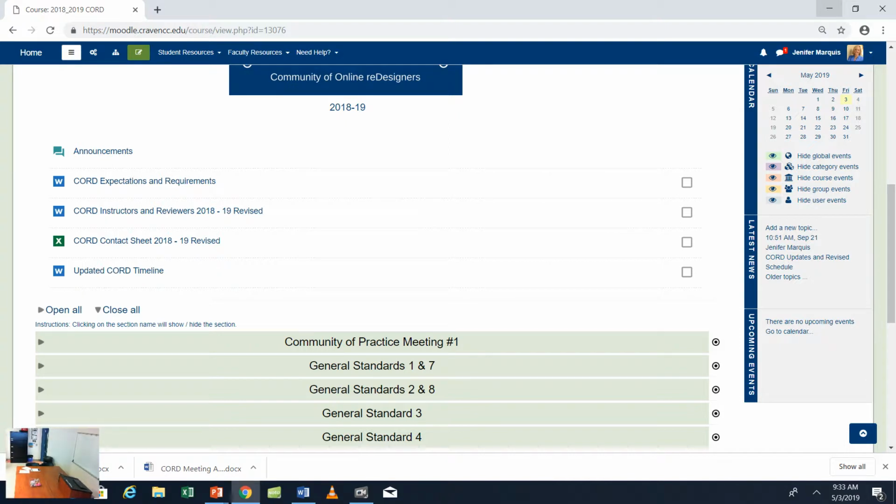Catherine Davis is the director for the state for distance learning. Okay, so she's over distance learning for the system office. And she was at one of the meetings, and she sent me an email saying what a great job Craven's doing with Quality Matters and how impressed they were with what we're doing here. So that was really exciting news. And then we had one of the conferences here, and we had it in the community room. 70 people came from the eastern region, and some of the core people from the last group presented with us.